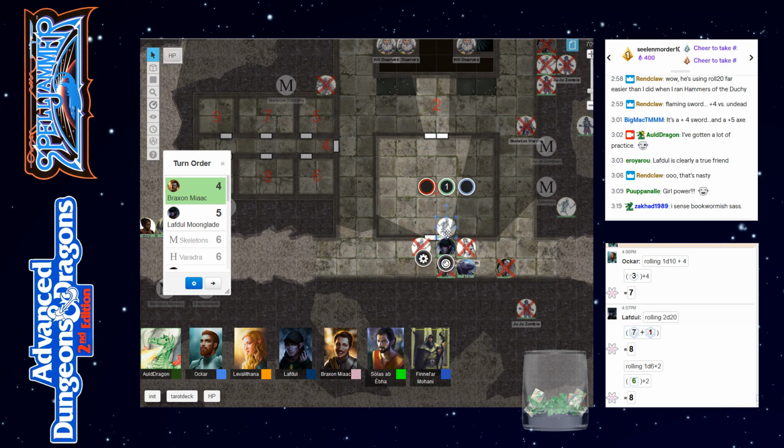Lafdul, you take care of that skeleton. Do I? Yes, you do. Hang on. Let's see if I roll a 1. Just anything other than 1. There we go. Yep, that's it. Alright, so that skeleton is taken care of. All right, pick up my right short sword. Do you guys want to just gather up, since it is about the end of the...